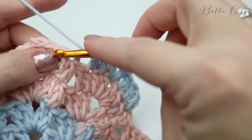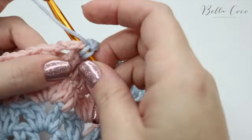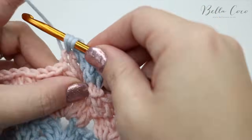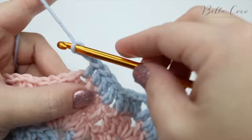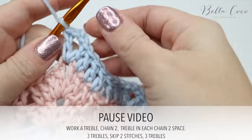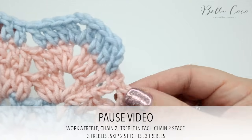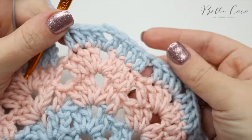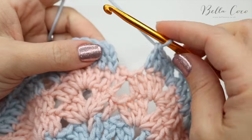So we're going to work uphill, uphill, 1 treble, chain 2 and 1 treble, and work your way back downhill again. So work your way all the way round until you get to this last downhill section, and meet me back once you've done. So I've just finished that round, so that's round 7, the first of our 3-row repeats, and